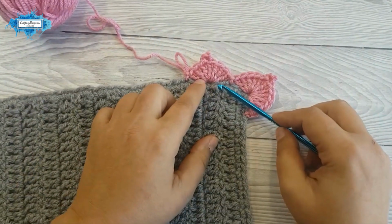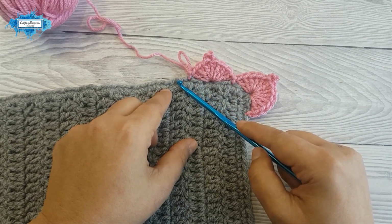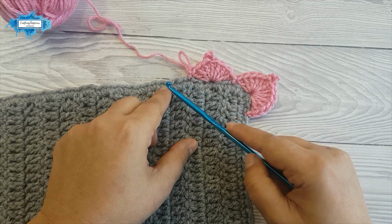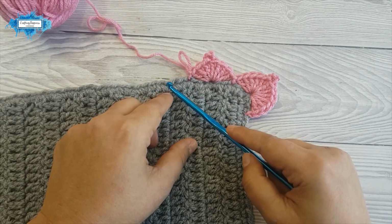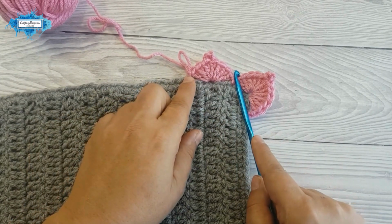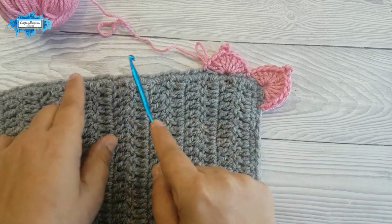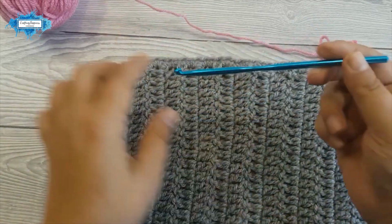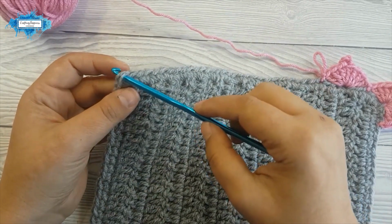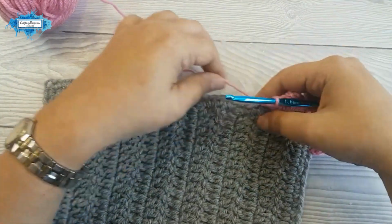Now this is also your repeat section. Skip 2 and make 4 double crochet in a 3rd stitch, then a picot stitch and a further 3 double crochet, then skip 2 and slip stitch. So this section is your repeat section, and we're gonna repeat this until we have 3 stitches left in a row. That includes the corner stitch as well. So let's continue and I'll show you how to make your